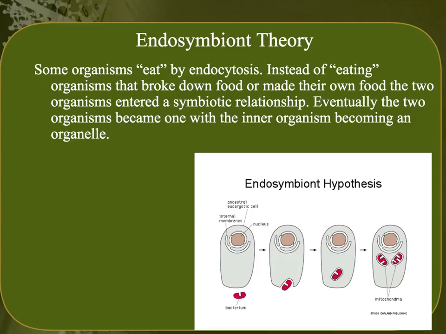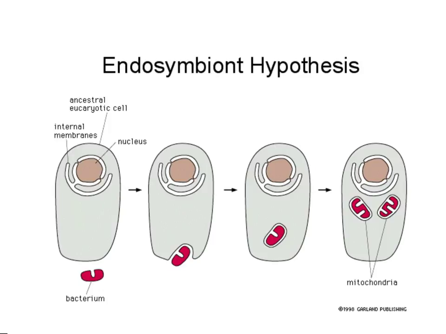So, anyways, eating these little bacteria that use oxygen and letting them basically become a symbiotic relationship, which, remember back to the first unit of this year, we talked about symbiosis being a close relationship, in this case a mutualistic relationship, where the prokaryotic bacteria would have protection, and the outer eukaryote would then get more energy and then provide that protection. And so that's how we believe, or biology believes, that we end up with eukaryotic organisms with mitochondria in them. Move on to the next slide when you're ready.